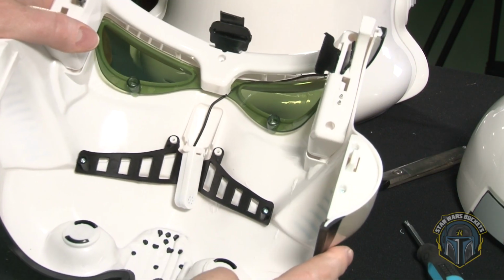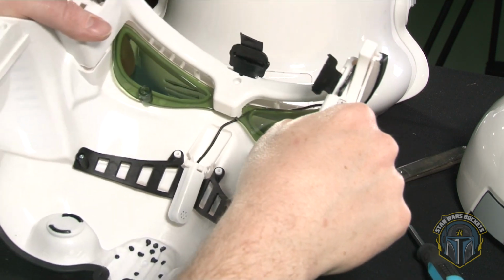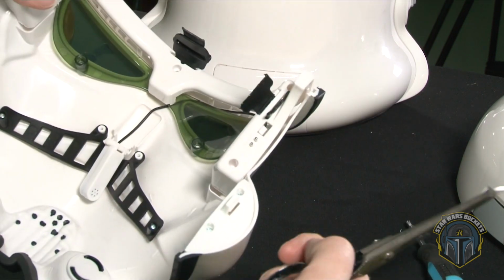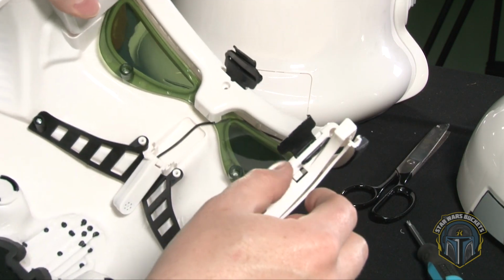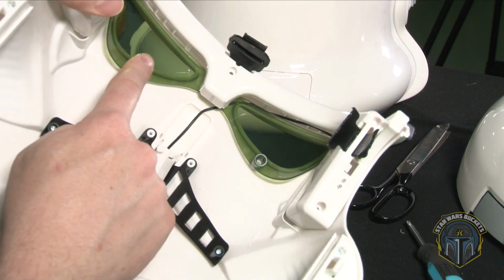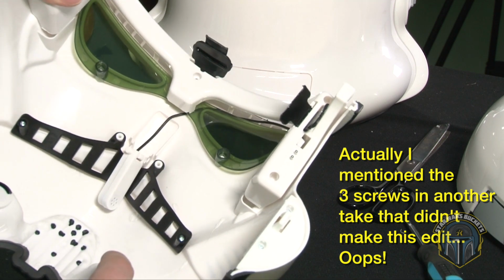Okay, I want to stop the time lapse here for a moment because I'm running into things that I didn't remember from last time. These pieces here I just left because my scissors are just simply too big. I'll eventually pull these out, but for right now I don't really need to do that. For the visor, I mentioned there were 3 screws, one here, and one here. There's actually 7. There's 4 additional